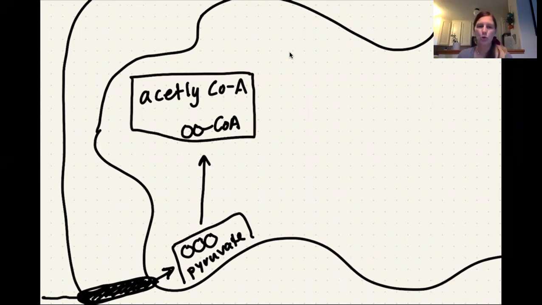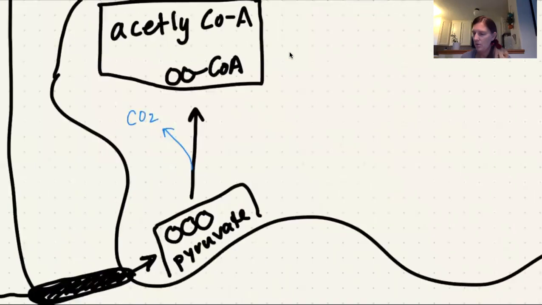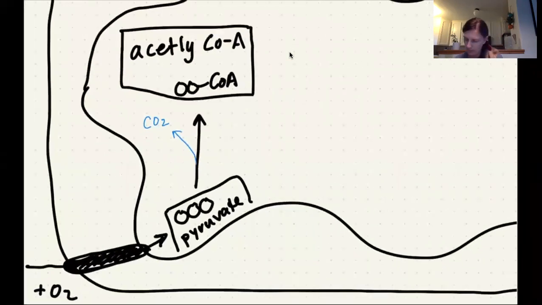So what happened to that extra carbon? The thing that happened to that carbon is we're going to get carbon dioxide out. One of those carbons was removed as carbon dioxide, right? We also will see that we put NAD plus in, and we get NADH out. Just keep in mind that for one glycolysis, we get 2 pyruvate, so this is going to happen 2 times, basically, right?